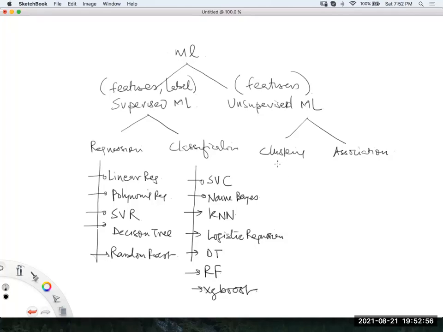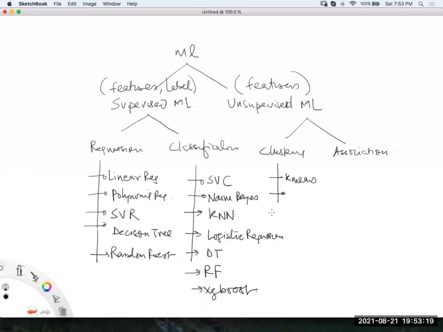To perform clustering, guys, recently I told you about this, right? What is the most popular algorithm to perform clustering, guys? Can you answer that, please? What was that? K-means. Yes, guys, you are absolutely right.